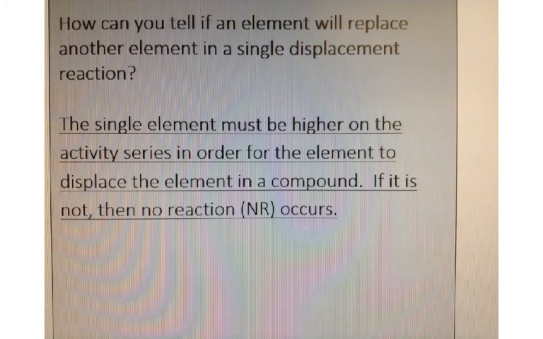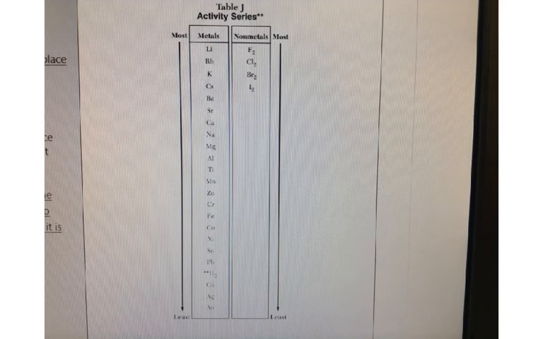So how can you tell if an element will replace it? Well, the single element must be higher on the activity series, meaning it has more of a desire to get that octet and be a part of a compound than the element that it's trying to displace. If it is not higher, then what you write is NR, so that you're relaying the information that no reaction would actually occur. This is what the activity series looks like, and you'll notice on the left you are dealing with the metals,